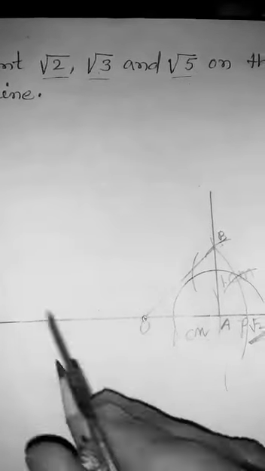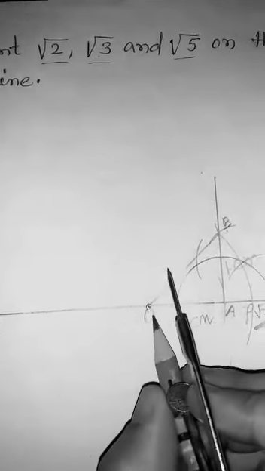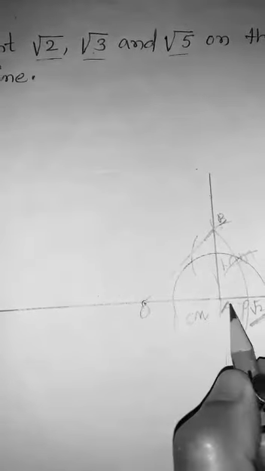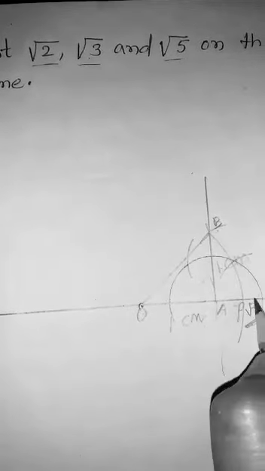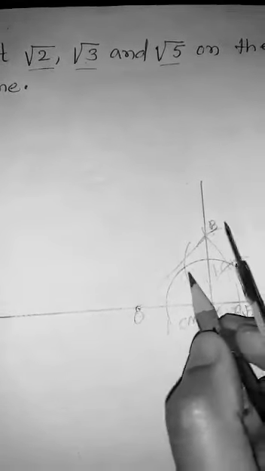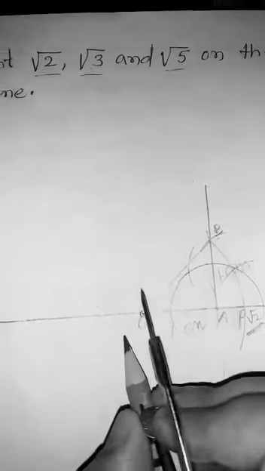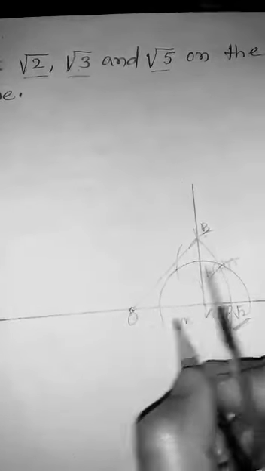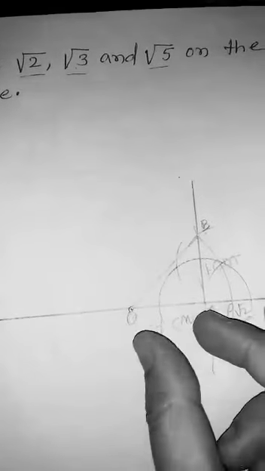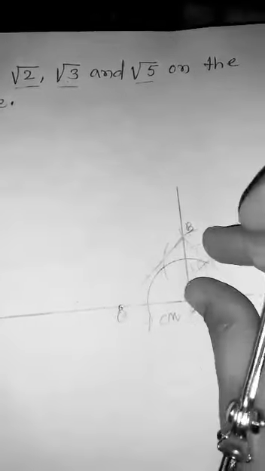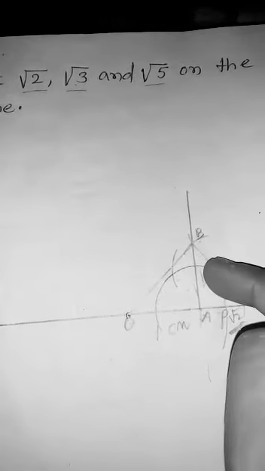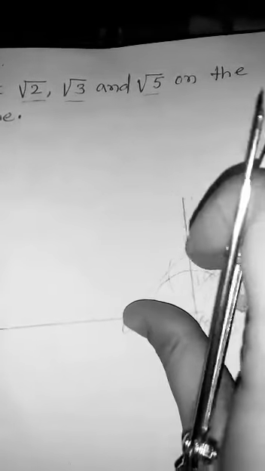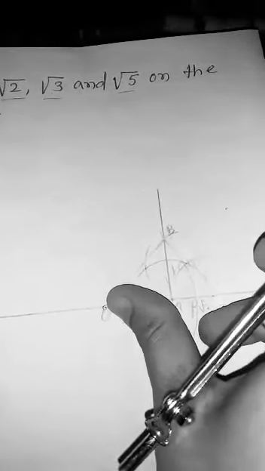What you have to do, you draw a horizontal line. After that, you take O as center. From O, take radius 1 centimeter and you cut an arc at A. After that, from A, you draw the perpendicular to OA, making 90 degrees. After that, what you have to do, you take OA as the distance, or you can say OA as the measurement, that is 1 centimeter. From A, you cut an arc and join OB. So here OA is 1 centimeter, AB is 1 centimeter, and from O you put the compass here and draw an arc. That will be equal to your root 2.